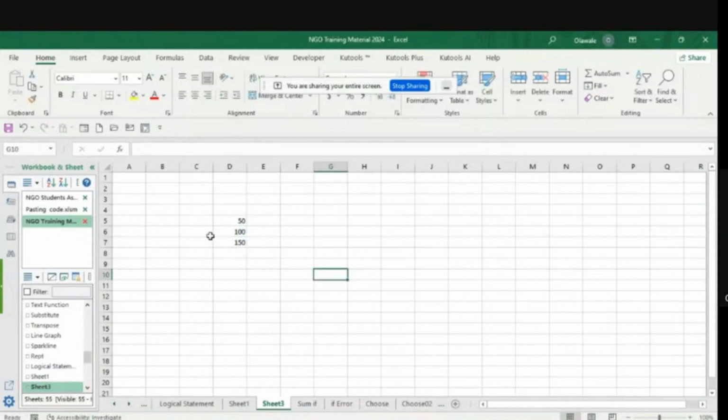Now, look at these numbers. I'm going to just write a logical statement. You can just look at what I want to do. What I want to do is this. If this particular column, this column B, is greater than the number I want to put, I want Excel to return this. And if it is not greater, I want it to return this. Now, let's see how it works. Is equal to